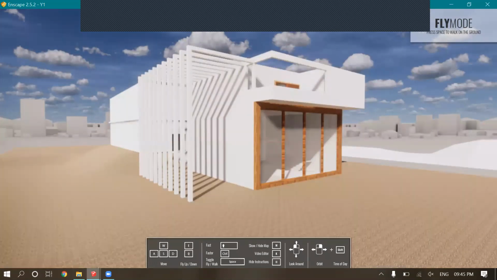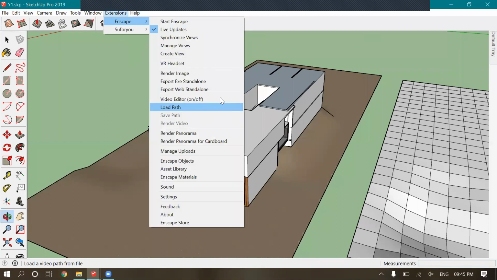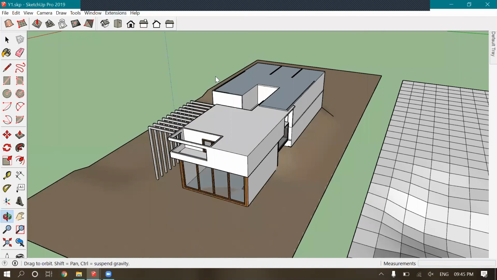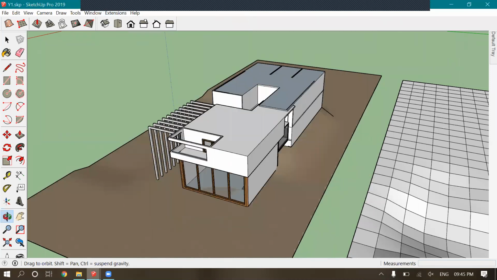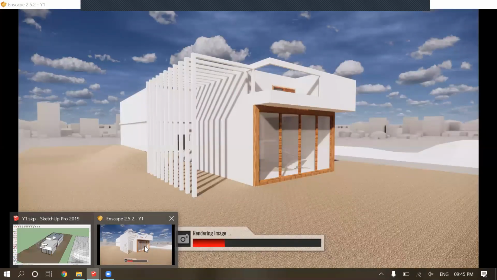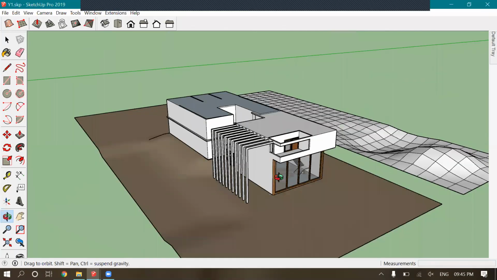Just set your view and then render image. Rendering will be a bit easier on this side because my settings are on the lower side. If you increase them, it will take some time, it will be time consuming.